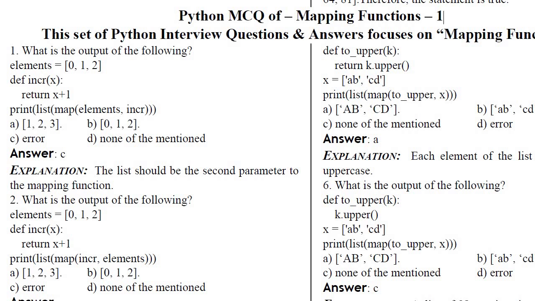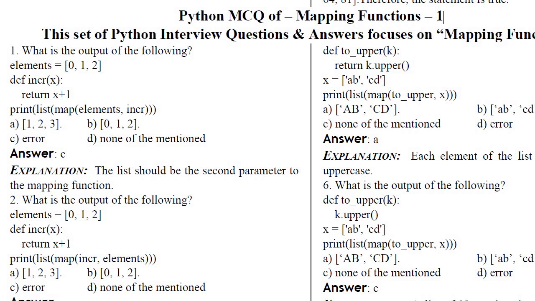If you see here list, then map and element, these things are given. So list should be the second parameter to the mapping function. I told you first about the two parameters in the map function. Here list should be the second parameter to the mapping function because the first parameter is the function itself.